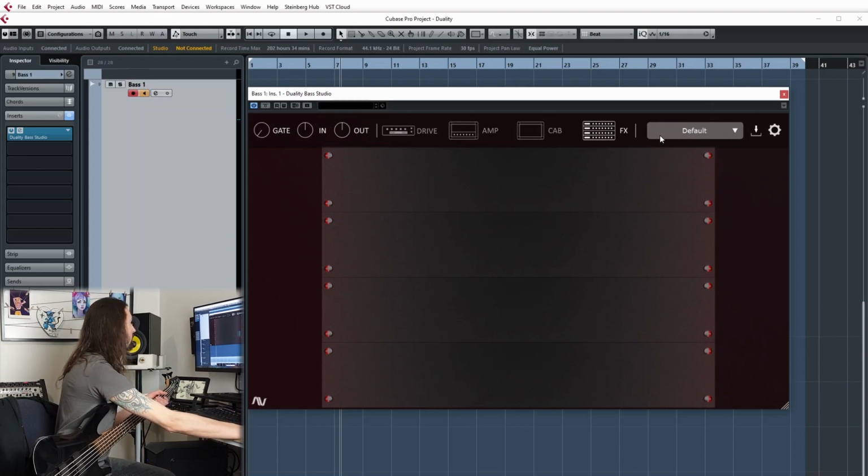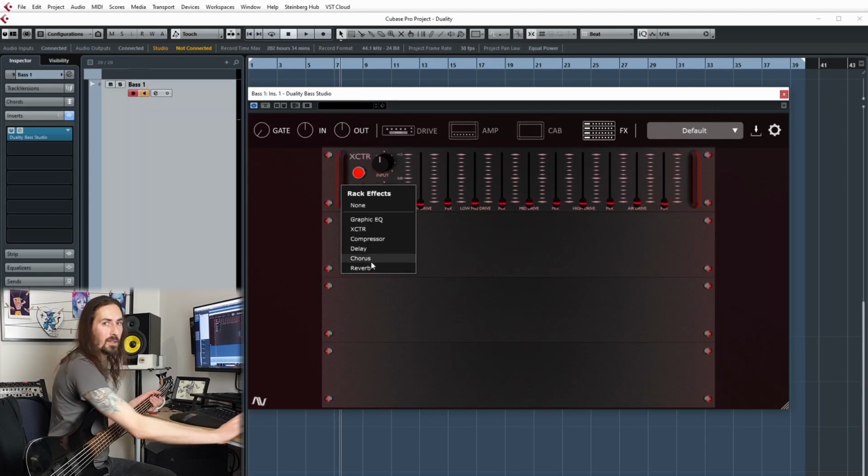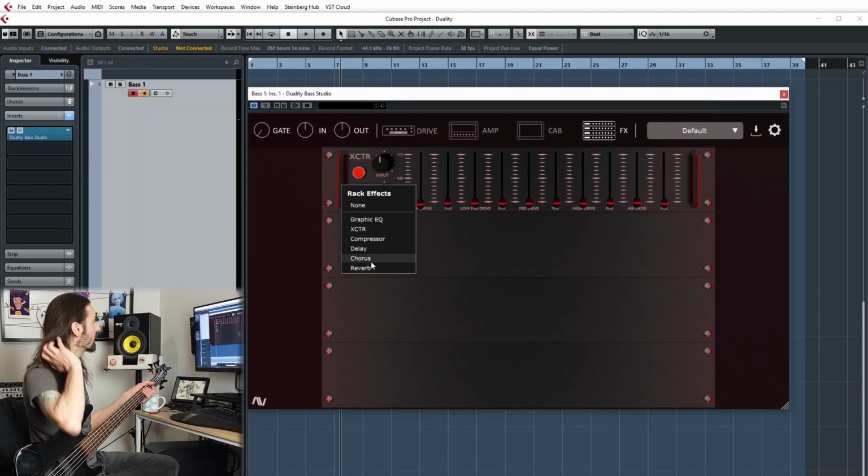And then we have effects of nothing. So right click, there we go. So we've got 6 different effects you can have on here. So EQ, that's cool. Compressor, I don't know what this is. What is this? Bypass, drive, mid, all right, that's cool. Delay, always fun on bass. Reverb, and chorus I think is a very underutilized